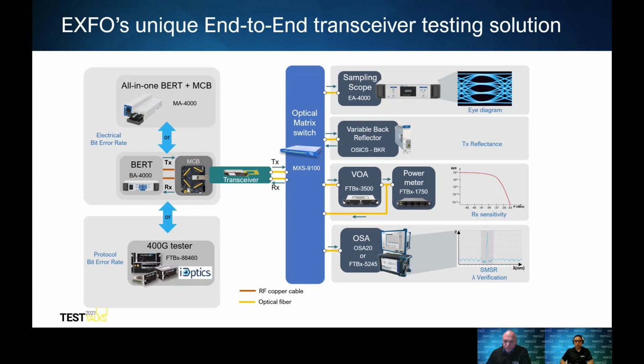So at EXFO, we are proud to announce the unique end-to-end transceiver testing solution. As you can see here, the transceiver is the device under test, and for the electrical part of the DUT, we have different solutions. For the bit error rate tester, we have a couple of electrical ones, like the MA4000 and the BA4000. But we also have some protocol bit error rate testers, such as the FTBx-88460, powered by the iOptics